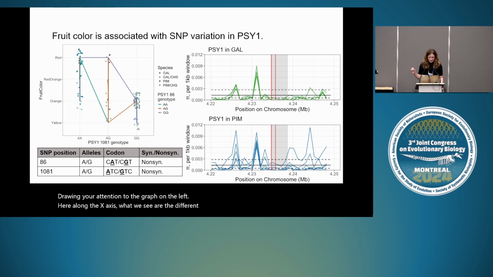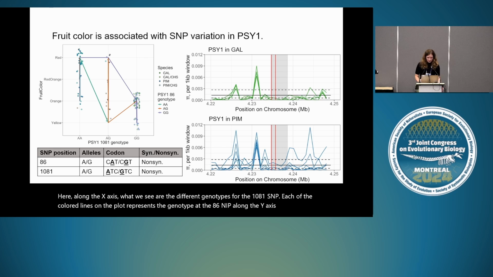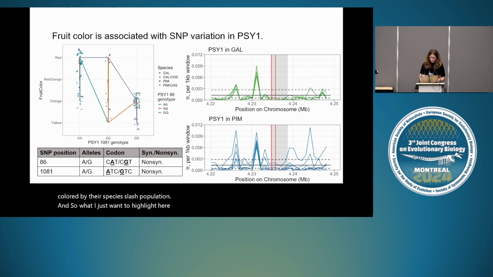for the 1081 SNP. Each of the colored lines on the plot represents the genotype at the 86 SNP. Along the y-axis is the individual's fruit color, and then each of those little points there are different individuals colored by their species/population. And so what I just want to highlight here is that orange fruits, which are clustered in